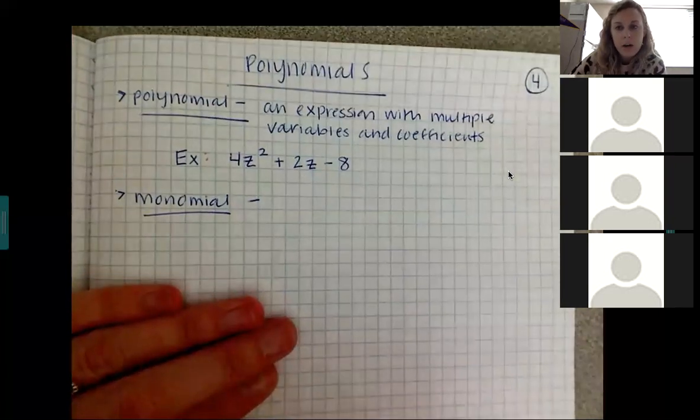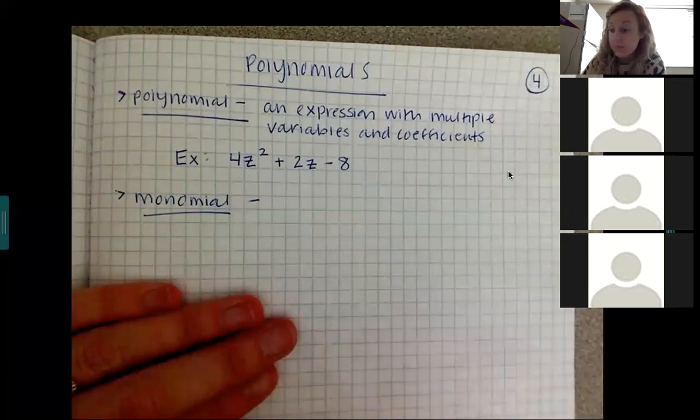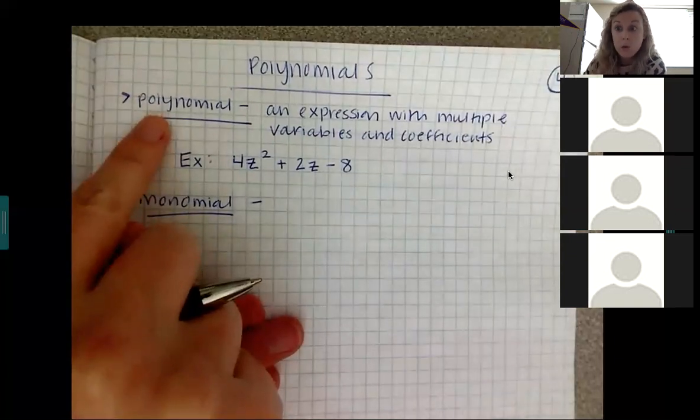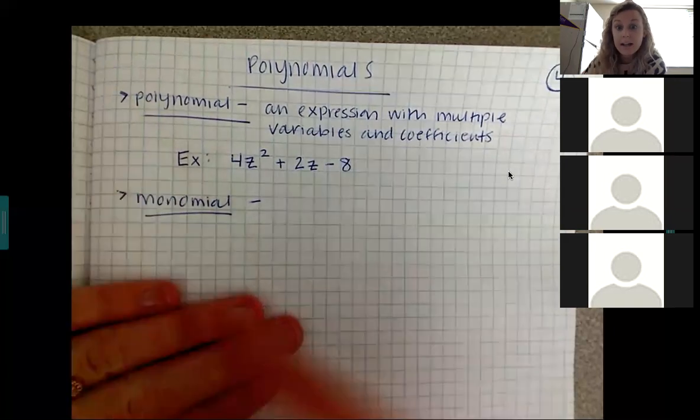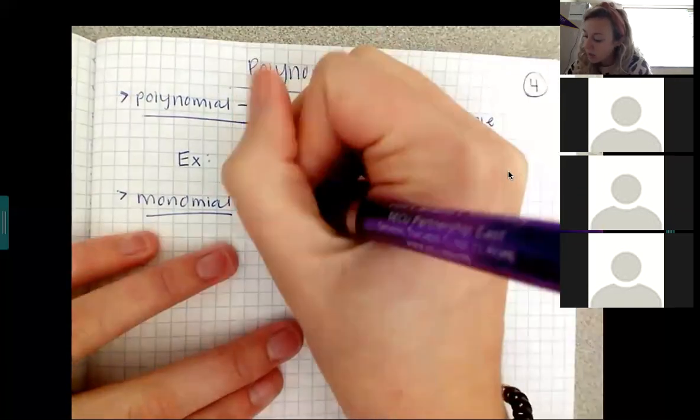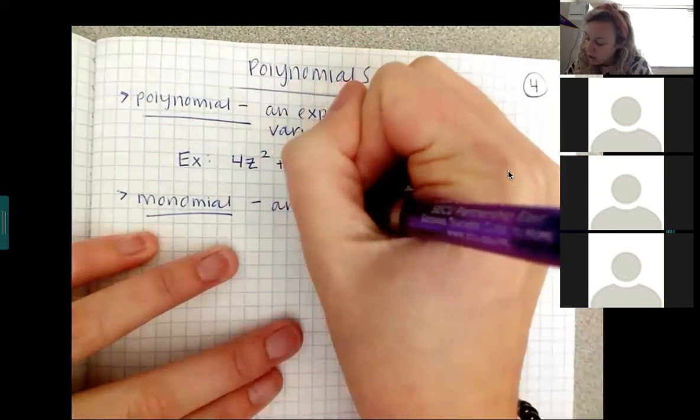So my people that are in biology, you guys dealt with polymers and I think monomers is what they're called, I think. Yeah. Y'all can correct me. So hopefully you learned these prefixes in biology. Poly means many or multiple. What does mono mean? One. One. Very good. So a monomial is an expression